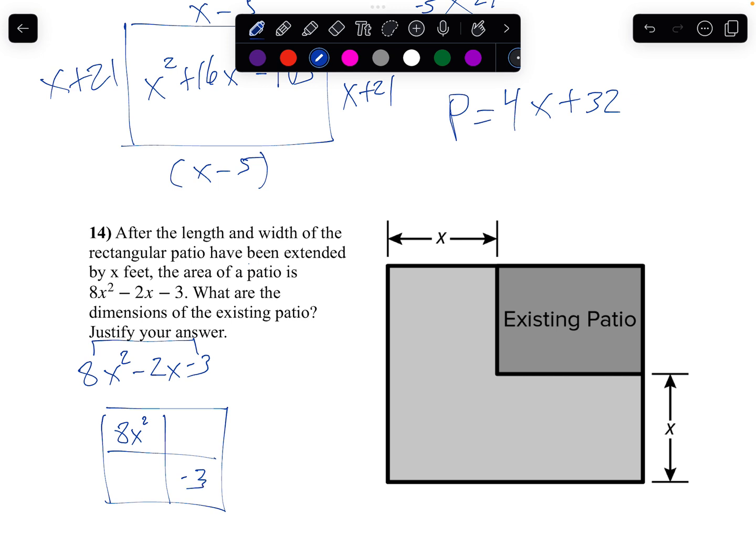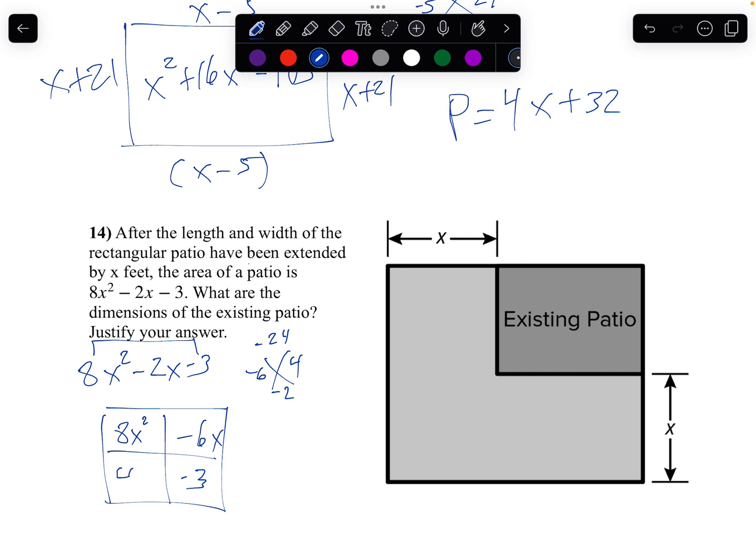And then I need two numbers that multiply to negative 24 and are 2 apart. Well, that would be negative 6 and positive 4, because negative 6 plus 4 is negative 2. So I'll go negative 6x